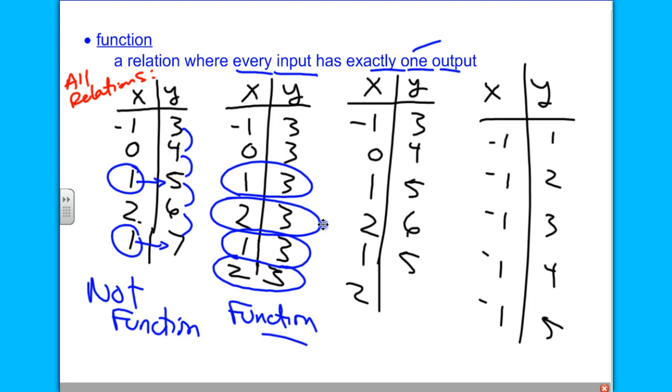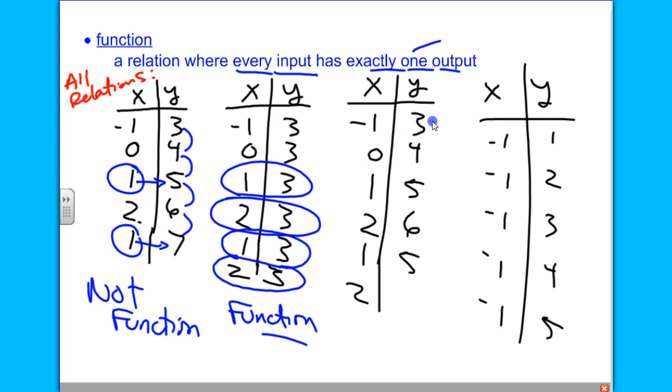The 2 top ones are fine. There's nothing to disprove that they aren't a pair, right? If I plug in a -1, what do you think I'm going to get out? If I plug in a 0, what do you think I'll get out? 3. Can we depend on this? Yes. But over here, if I plug in another 1, what will I get out? Will I get out a 5, a 7, a 9, a 6? I don't know. See, this one's not dependable, not a function.